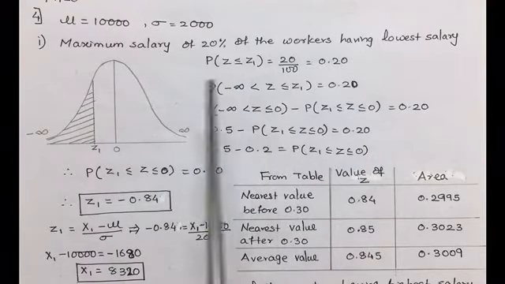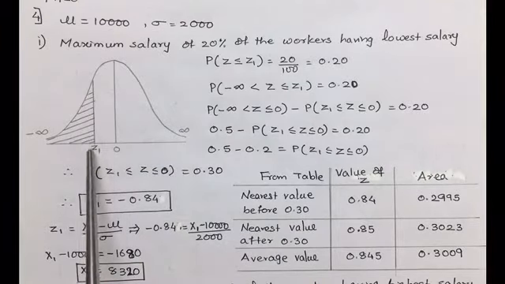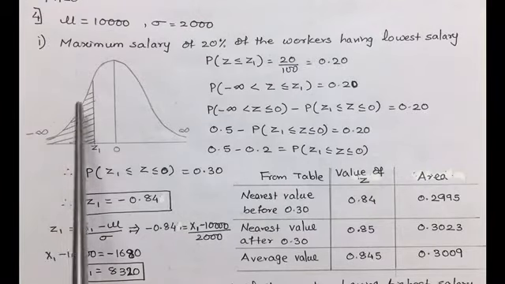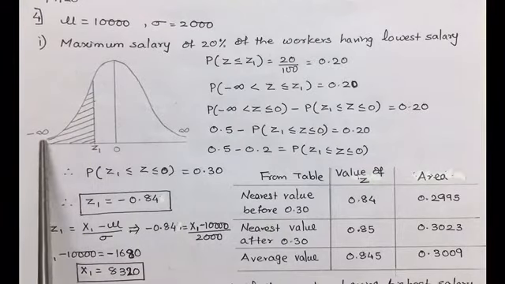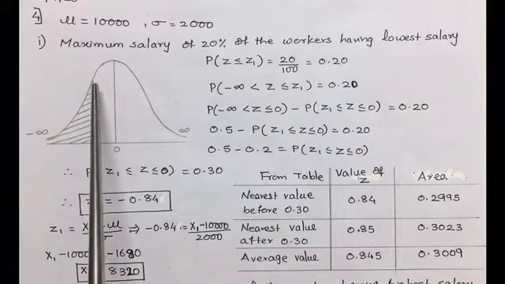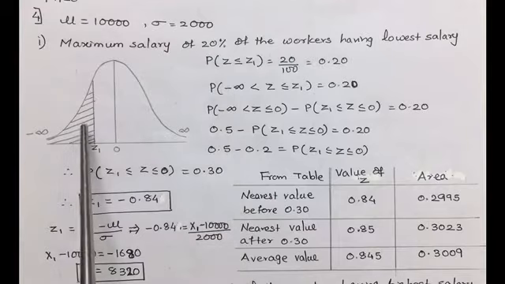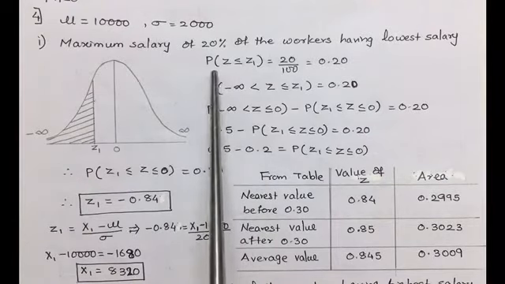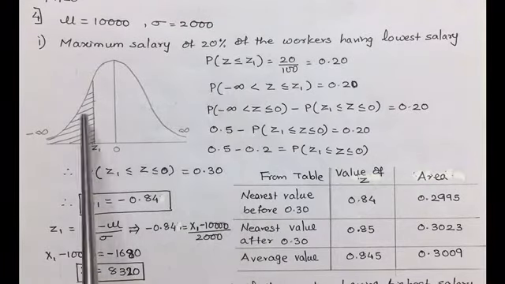So in such cases, first we need to draw the bell-shaped graph, mark the shaded area. Lowest salary means it will be towards the negative infinity. A part of it is shaded including the minus infinity, and Z1 is taken up in the negative side. So as the shaded part is lying towards left of Z1, we make the probability function as P Z is less than or equal to Z1. Z represents the shaded area.